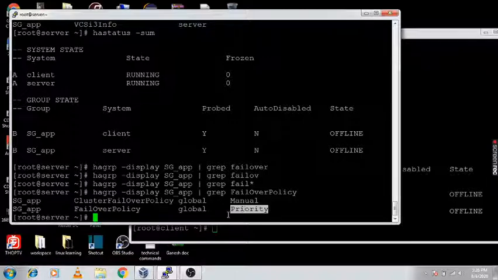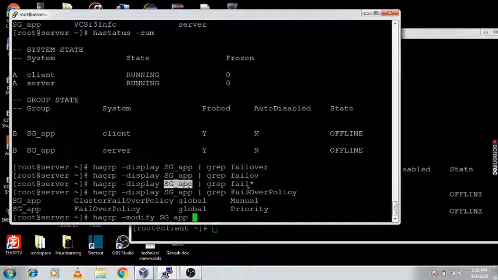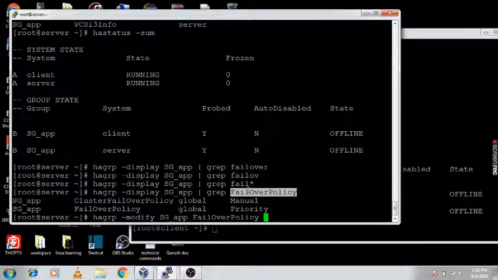If suppose I want to change the failure policy, then I am using the command hagrp -modify, the service group name, failure policy, and give the policy. This is the priority that is set.